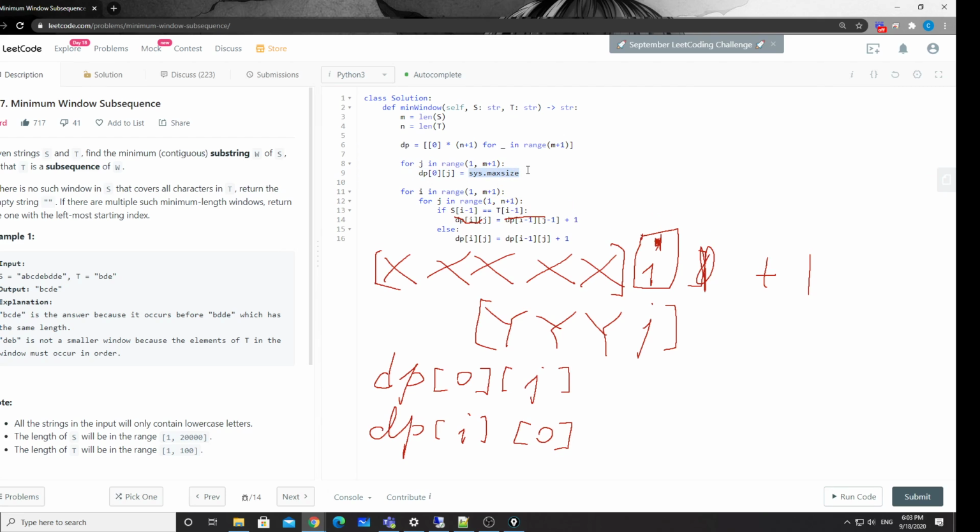So the reason we're setting it to the max value is because later on we'll be taking the minimum value here, right? So that's why for everything where s is empty, we just set it to the max size. And when it comes down to this dp transition function here, let's say for example,